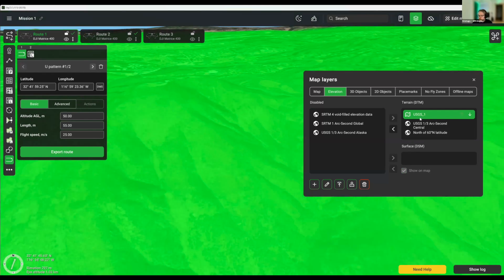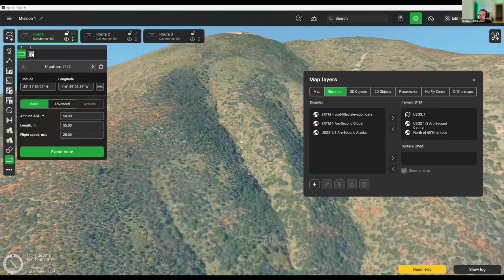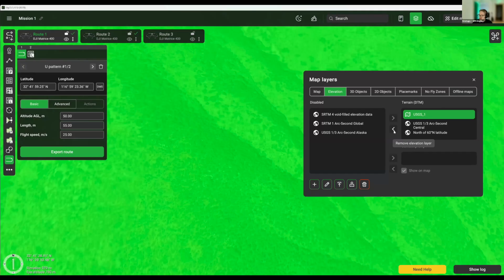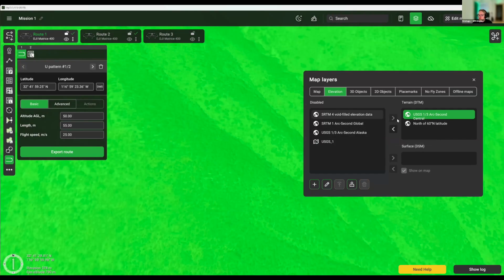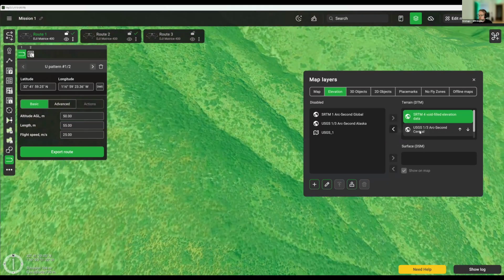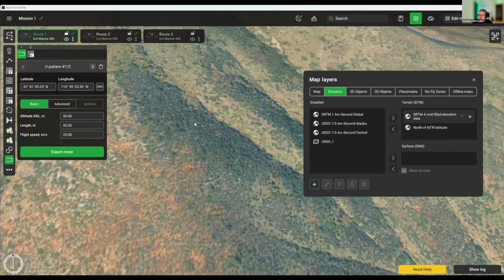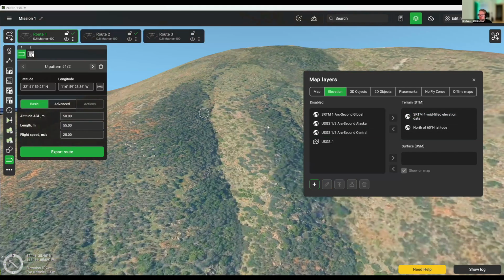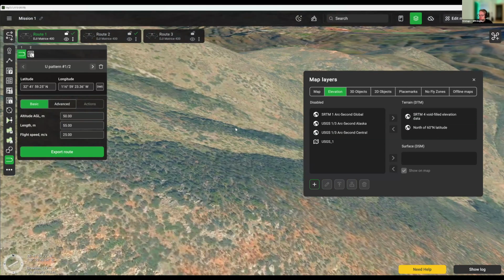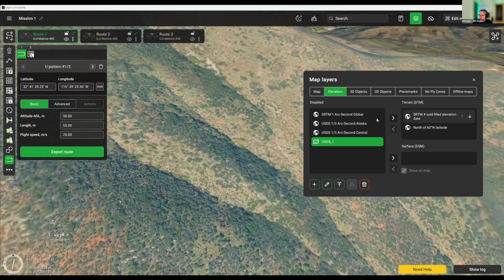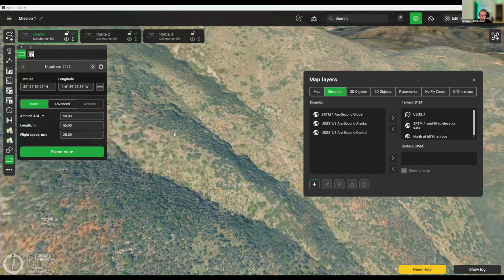So now let me maybe just demonstrate. In here, you can currently see that this is already with the higher accuracy data. Now, if we default to, let's maybe use, for instance, this one, just so I can demonstrate to you the difference. So now we're simply using SRTM data. And so here you can see, for instance, this little bump over the hill. This is not visible in this data simply because the resolution is too low. And now if we, of course, load our higher resolution DEM, then we can see way more detail here,